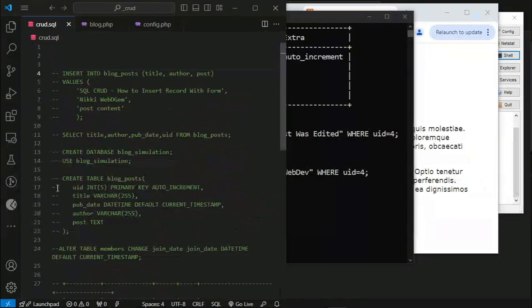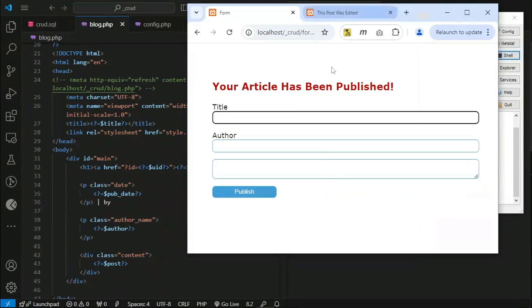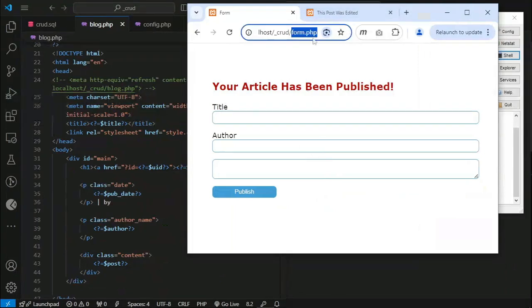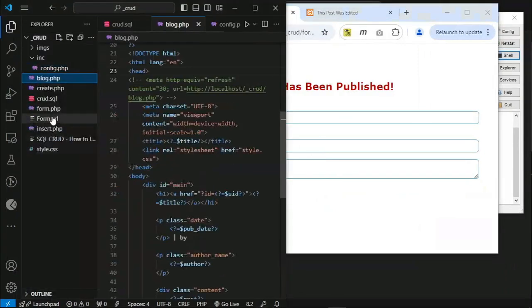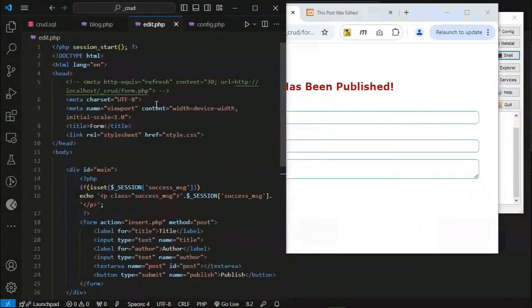These are all the codes that we've used so far, and this is the one for this project. So just like adding, we need to have a form to edit. So the name of this page is form. Let's go and copy the page. So I'm going to create a new page, and we'll call this edit post. You can just type edit, and I'm going to paste that code that I just copied, and I'm going to